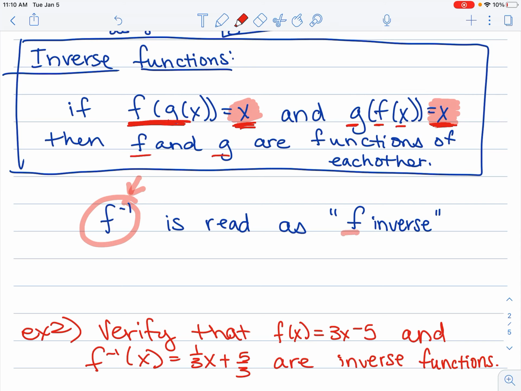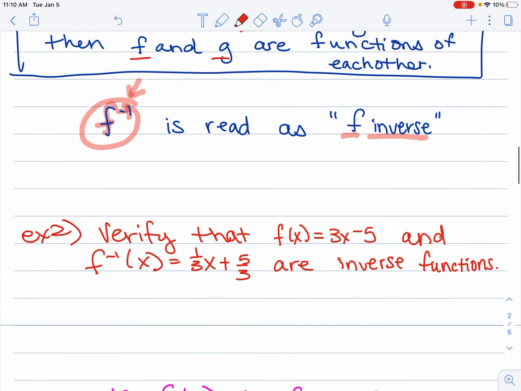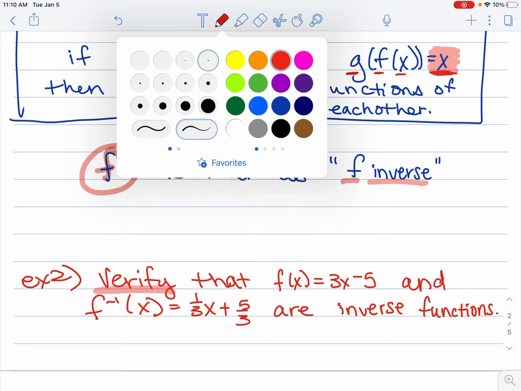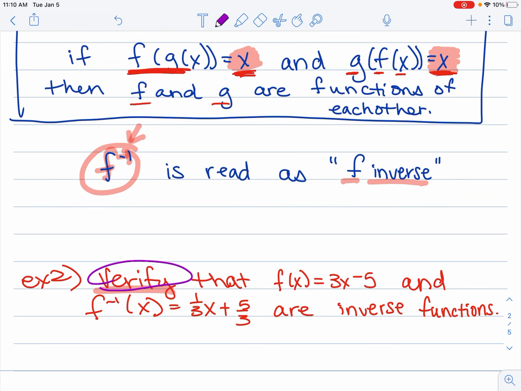We read this as f inverse. So when we see f inverse, that's what it means. So using that definition of inverse functions of each other, we're going to verify. When you see this word verify, you're going to come back up here and remind yourself of this definition of